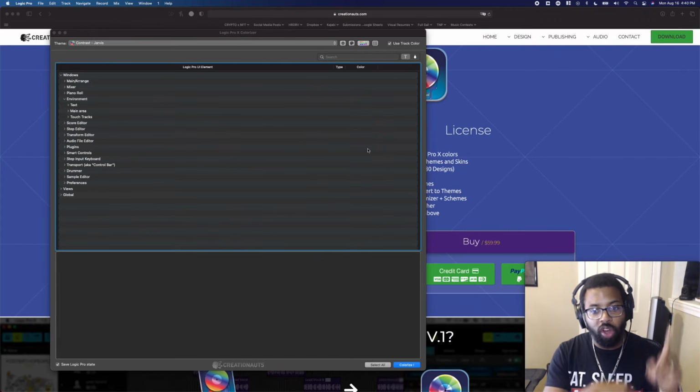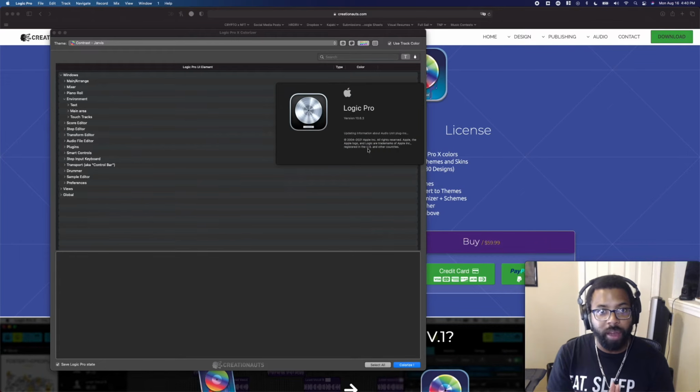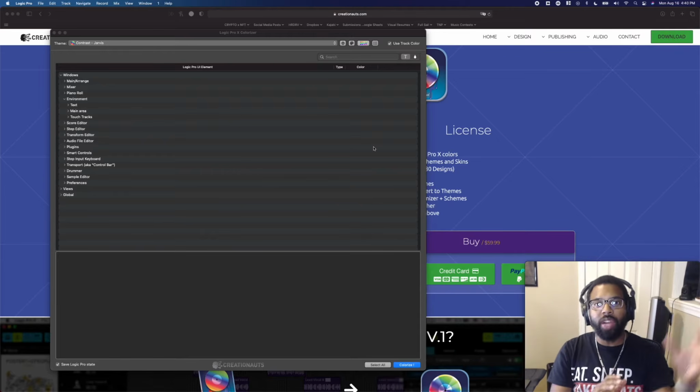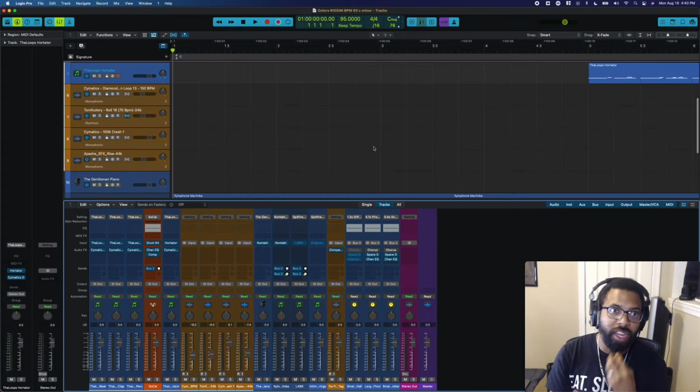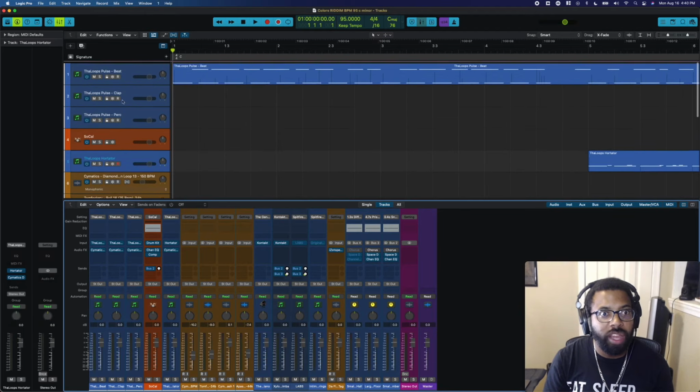So it's going to close. It's going to open it back up, and you'll see the Jarvis color theme once it opens back up there, and you'll see some of those colors come in as Logic Pro opens back up. So again, colorize, Creationauts, and a great way to sort of have a different visual aesthetic when you're making your music in Logic Pro X. So this is the Jarvis sort of theme here that we are using,